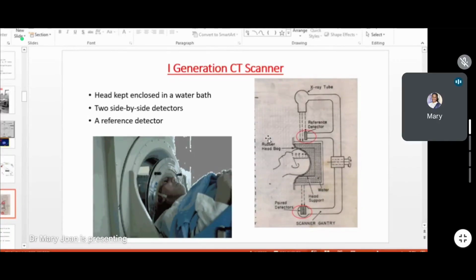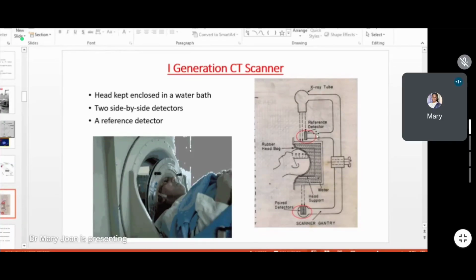So here you can see that the head was kept enclosed in a water bath, with 2 side-by-side detectors and a reference detector. There are different models available. So this is one of them. Another picture you have seen. There were 2 paired detectors here, and there used to be a reference detector also. So we will get what was the incoming X-ray intensity and what is the outgoing X-ray intensity,